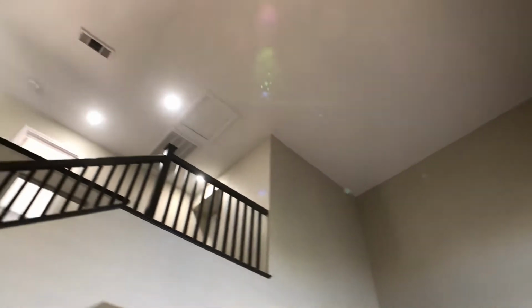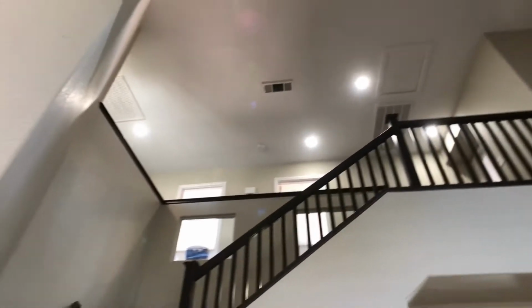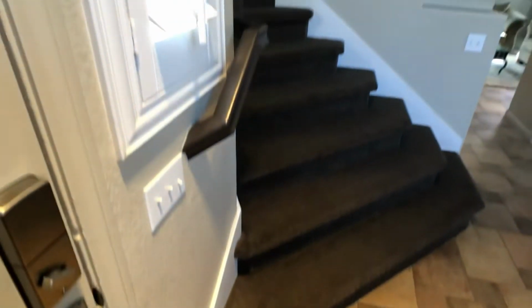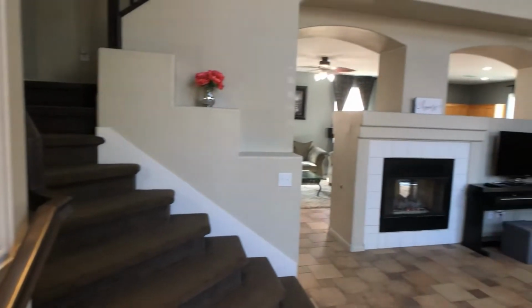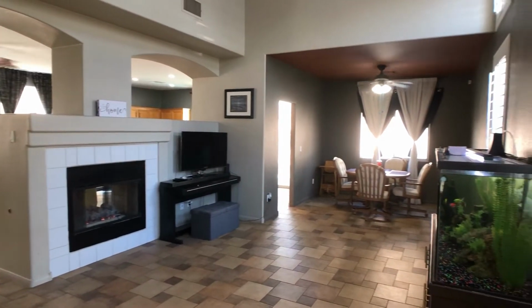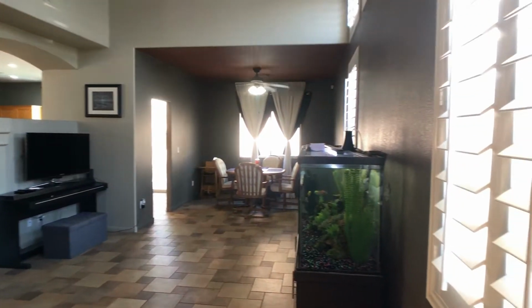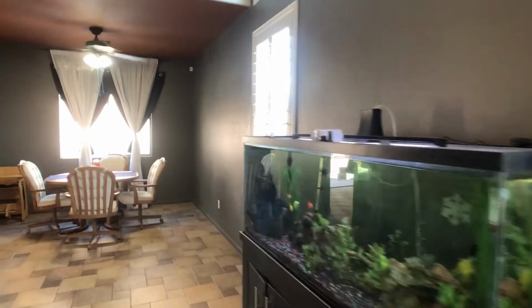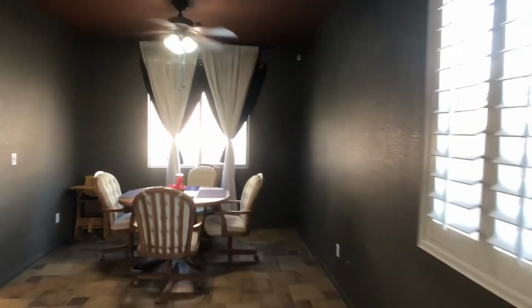You can see the vaulted ceilings. You can see the spacious and inviting entrance. And those are the stairs leading upstairs to where all of the bedrooms are situated. But before we go up there, let's go on and take a look at the downstairs area of this beautiful home. You can see that there's a fireplace there on the left, those flickering flames, and we are led into